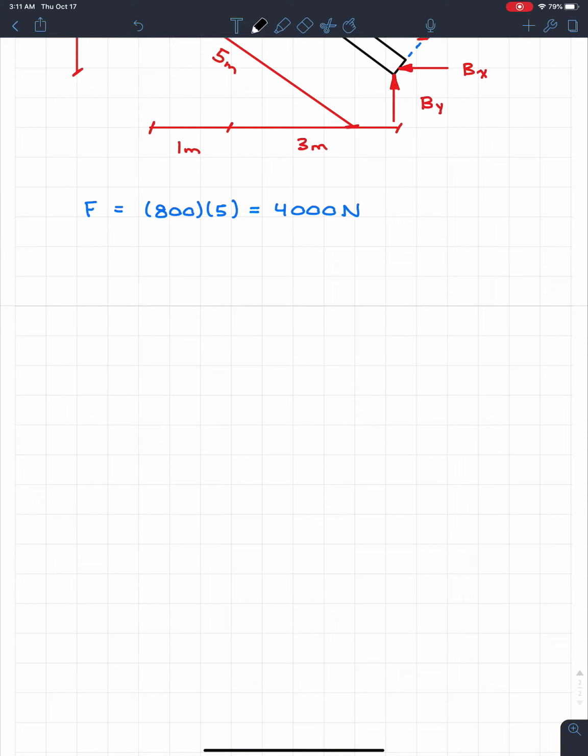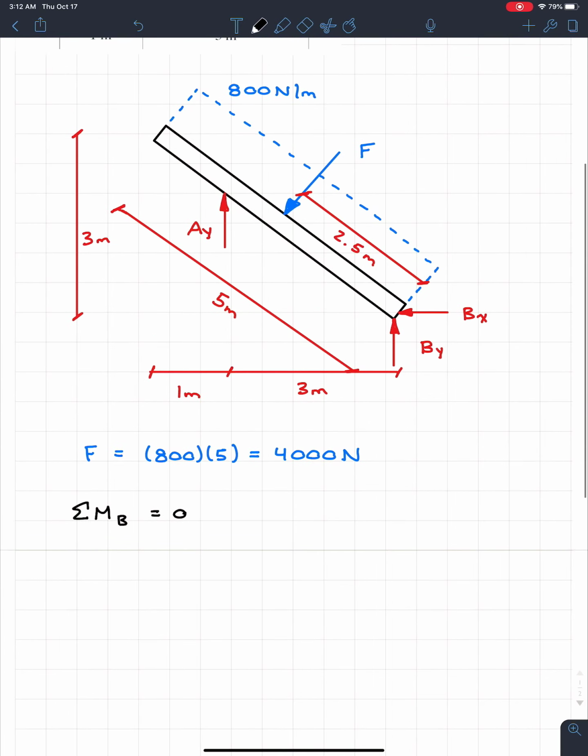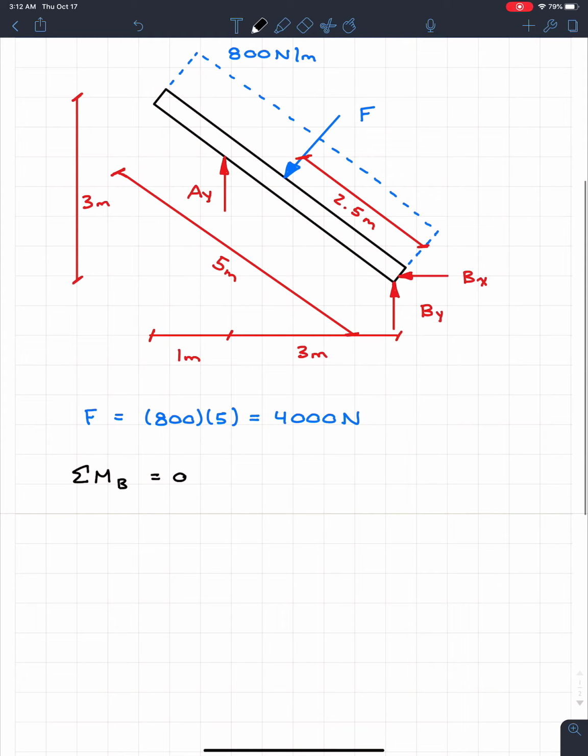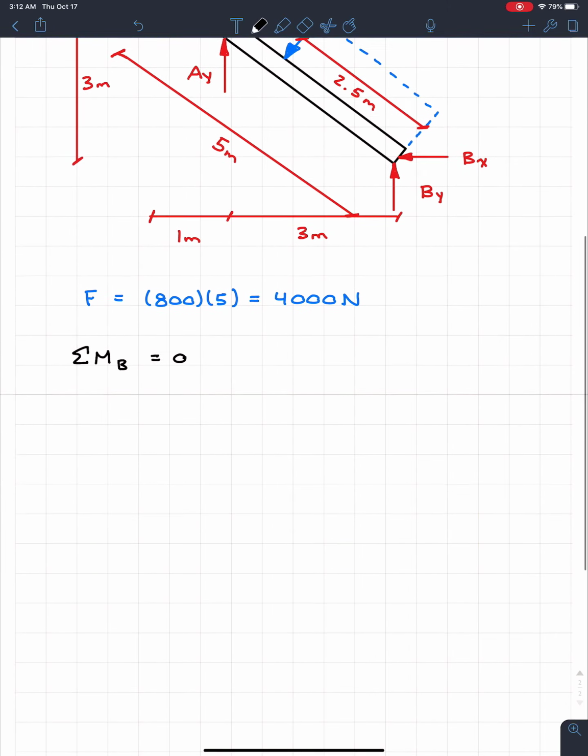So let's go down here and take the sum of the moments. Our pin right now is at B, so the sum of the moments at B is equal to 0. We see that Bx and By will create no moment because they intercept that point. The distance would be 0. That leaves us with F and Ay. Let's start off with Ay real quick. It's nice because we already have the distance. Ay is already vertical, it's not at an angle. So we know that it'll be Ay